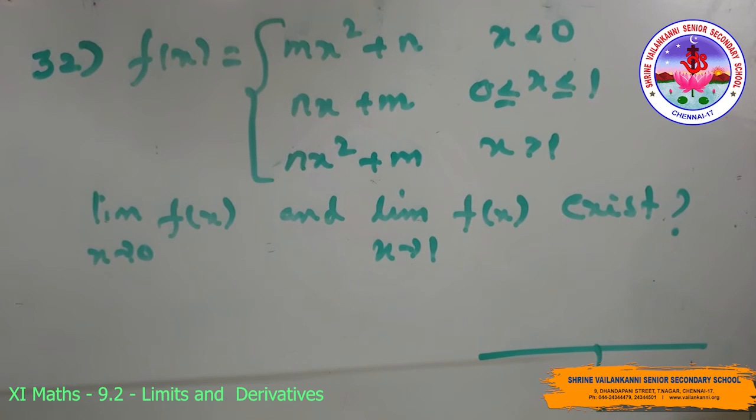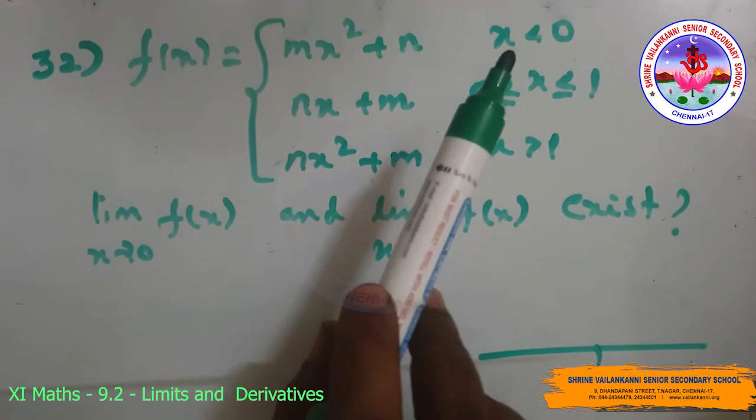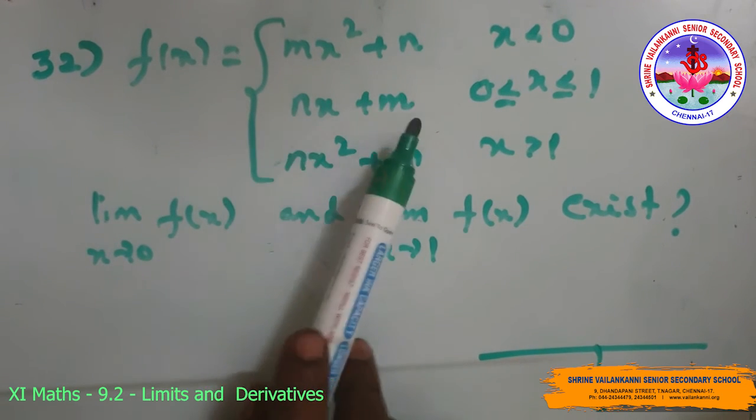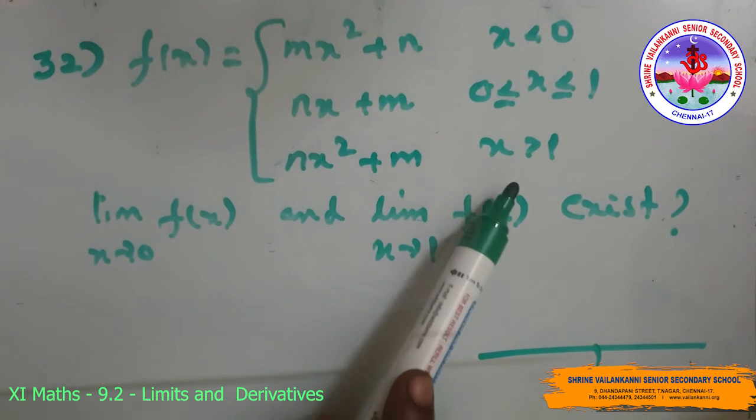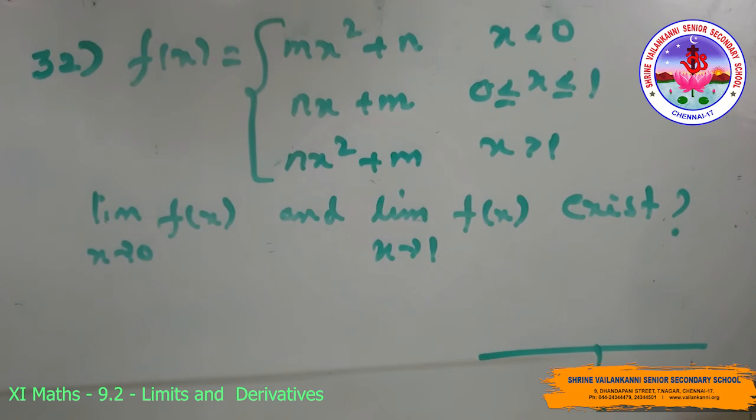Question 32. If f of x equal to mx square plus n, x is less than 0; nx plus m, x lies between 0 and 1; nx square plus m, x is greater than 1, for what integers m and n do limit x tends to 0 f of x and limit x tends to 1 f of x exist? So we have to find the left hand limit